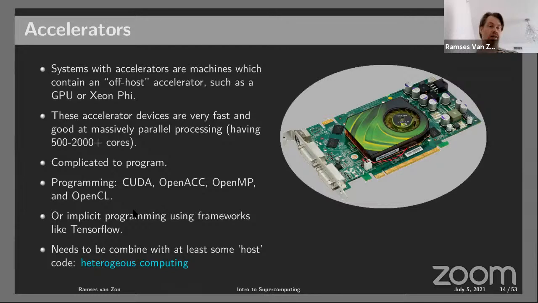In all cases, you're going to have to port the code, rewrite some of it, express what can be done in parallel, and make sure the instructions land on the right piece of hardware. And in this case, the hardware is so different that when you talk about these kinds of systems, you talk about heterogeneous computing. So you have some code that runs on the CPU, so the main cores of the computer, and some on the GPU, on the graphics card.